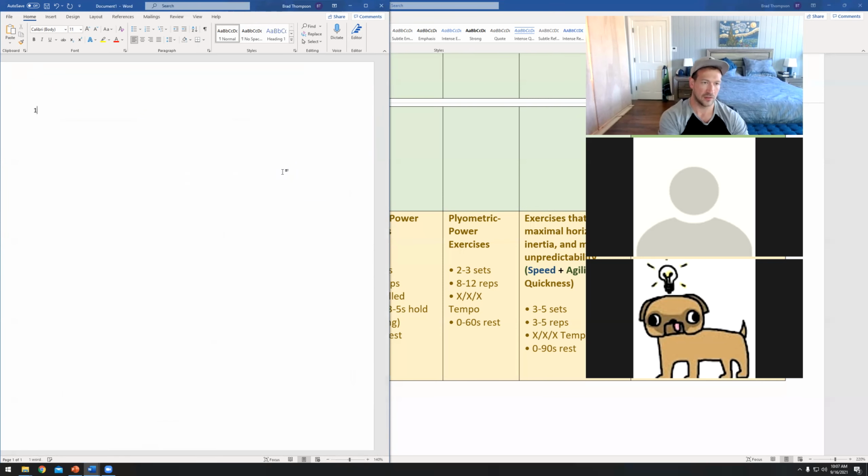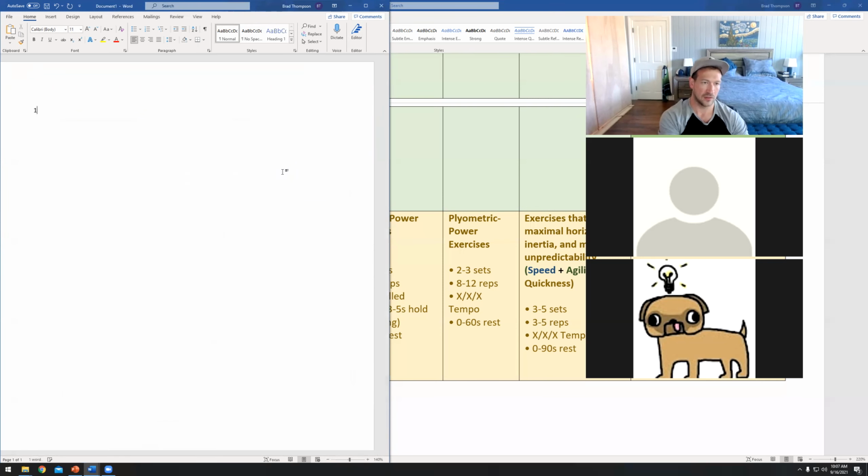So if I can bench 2 plates, well, now 85% of that is going to be 191 pounds. So we'll say 190, right? And then we'll say 30% of that is going to be